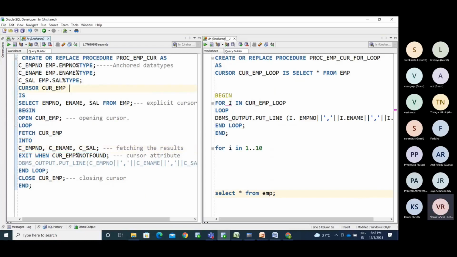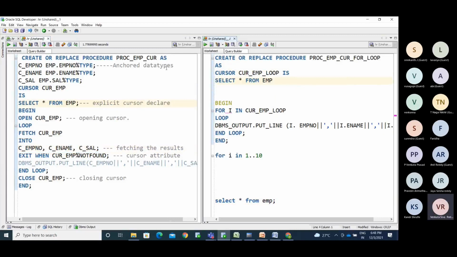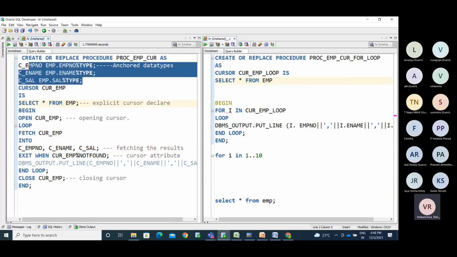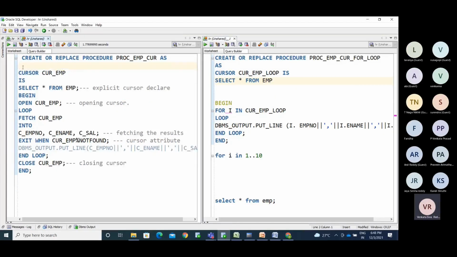Now I am changing this into select star from employees, and mentioning it in this for loop in a similar way. Now I remove this.